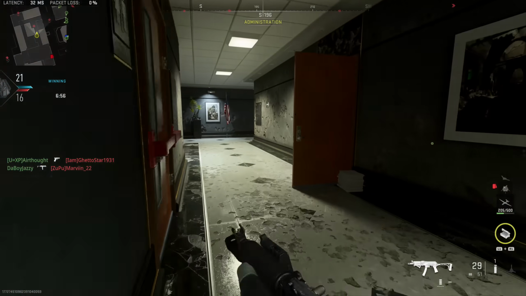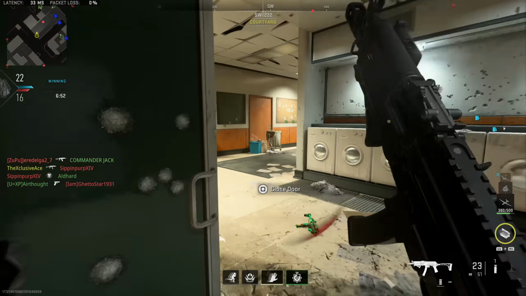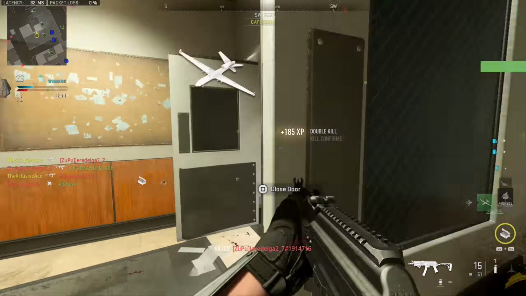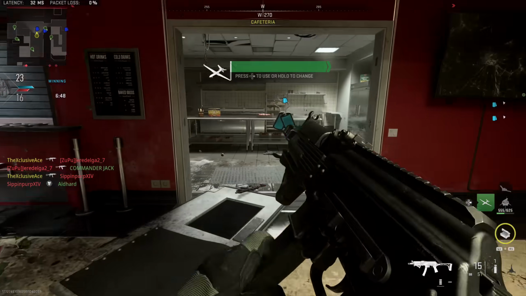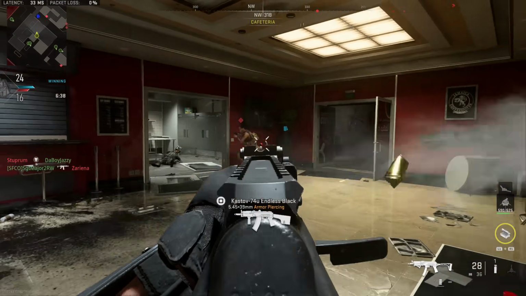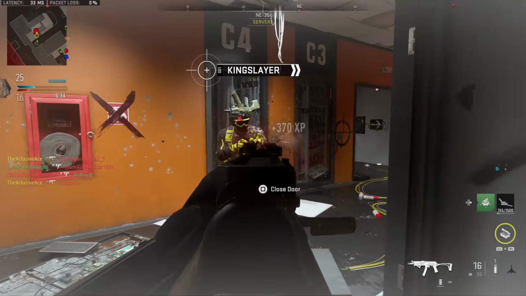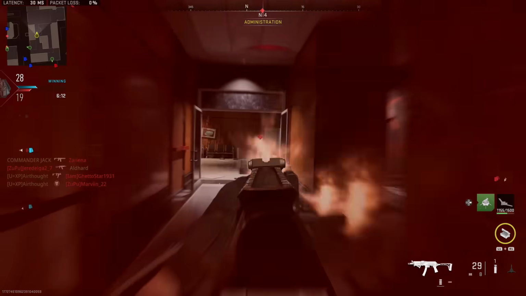As for the next one, I think this is the current top SMG for competitive players. This is the Vaznev 9K. And this gun really just speaks for itself when you look at the stats. We get an amazing time to kill potential to the body at 154 milliseconds, and in order to get that, you just have to get your shots to the torso, which is generally pretty easy to do, especially within that 10-meter range. It's also quite an accurate gun, it's got great handling, great mobility,